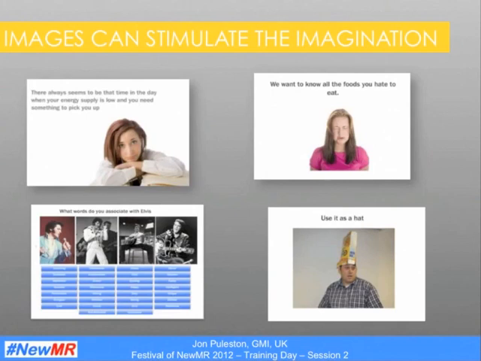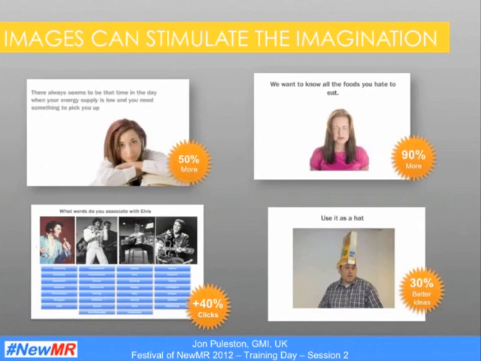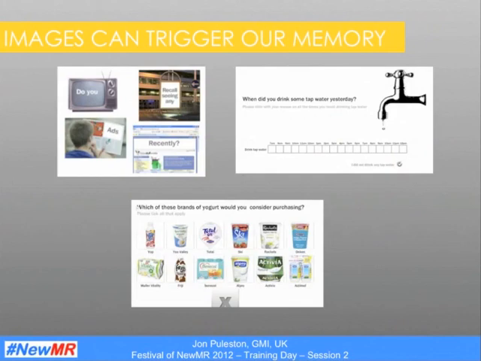Here are a couple of examples of experiments we've done where we've used images to help trigger people's imaginations. In the second example, we asked people what foods they hate to eat, and when you show people a picture of someone expressing that emotion, you get people to give more answers. If you're asking people to evaluate a product or service, like in this example where they're evaluating Elvis Presley, by showing some pictures of him, people give us more clicks. We found that wherever we use imagery, it can trigger more of an emotive response in people, and you can get more feedback.